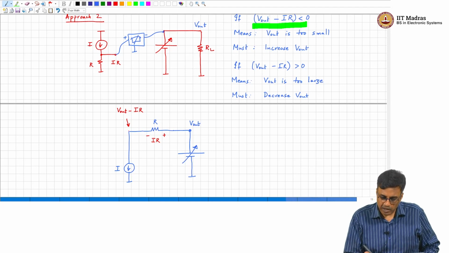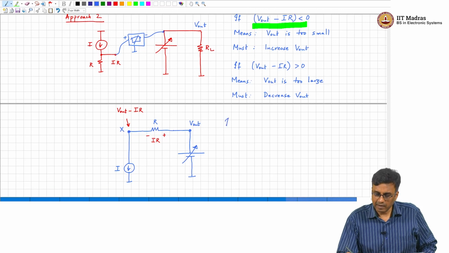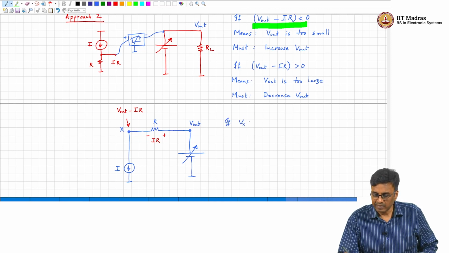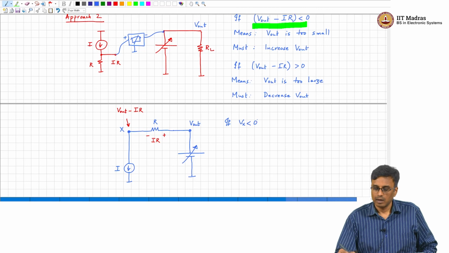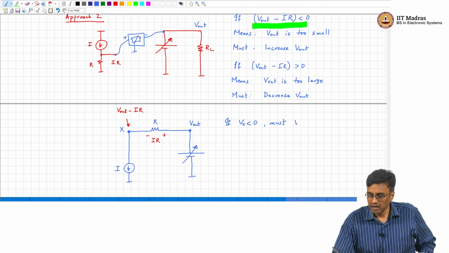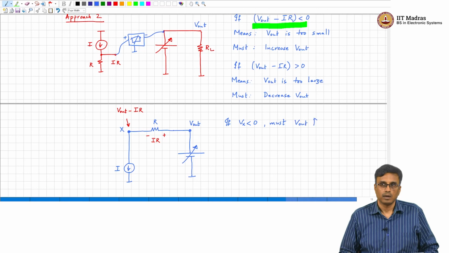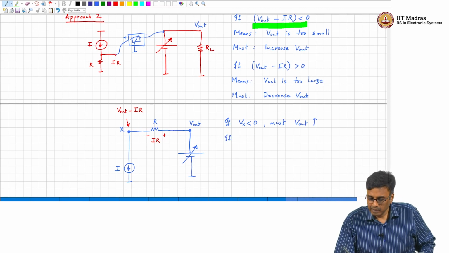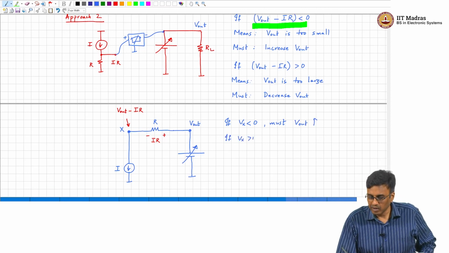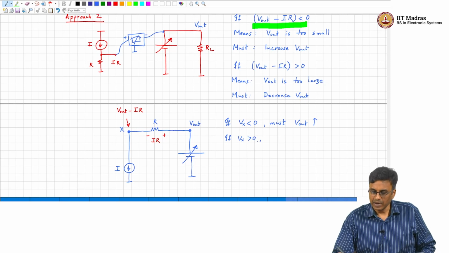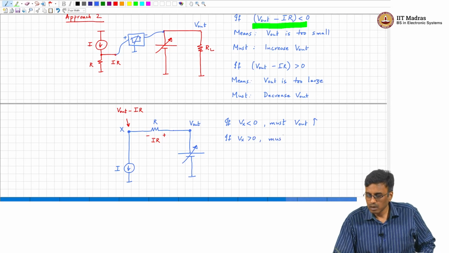So, if this node potential, if I call that node potential V x, is less than 0, I must increase V out. If V x is greater than 0, I must reduce V out,